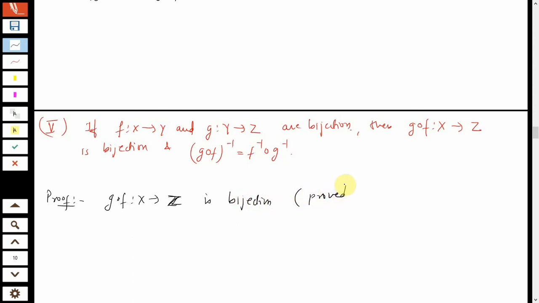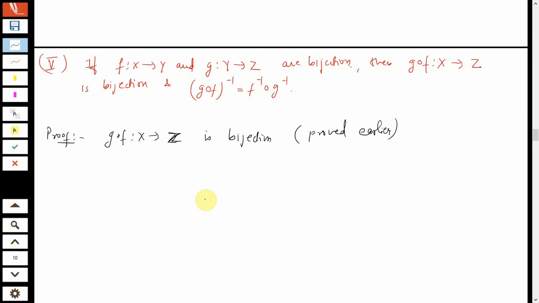In this proof I'll be only showing that G composite F, its whole inverse, is the same as F inverse composite G inverse. For my convenience, let me take phi as the map G composite F, which is going from X to Z. By the way, I'll see first whether this is defined. So first I'll write G inverse. G inverse is a map from Z to Y. Yeah, let me erase it and rewrite.